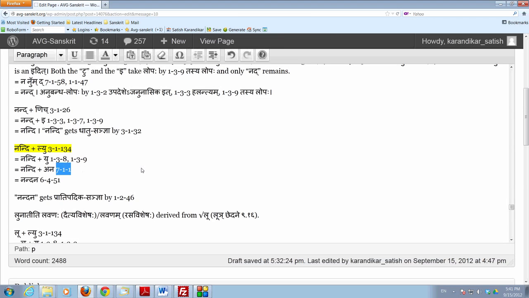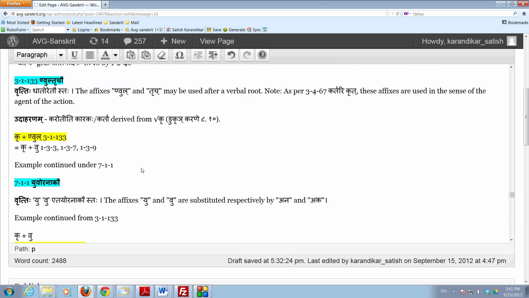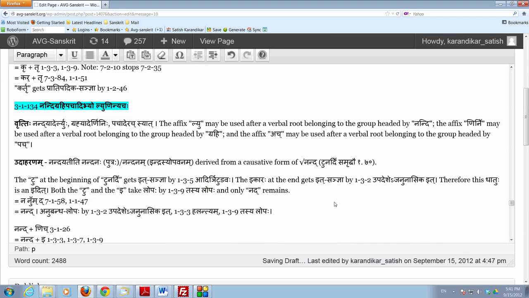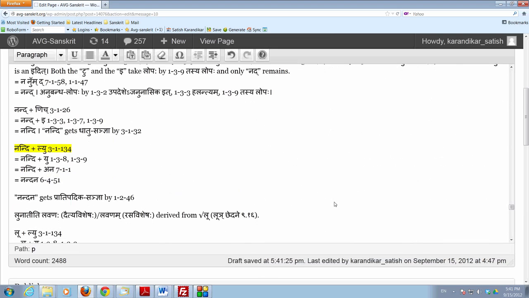Remember, we just recently studied the sutram yuvoranakau, and we used that when we had the affix ṇvul at that time. But now we can use it to replace the yu by ana, because the terms yu and vu of an affix are replaced respectively by ana and aka. So when we have yu, which is the pratyaya, it is replaced by ana. And we can also put here anekalshit sarvasya,